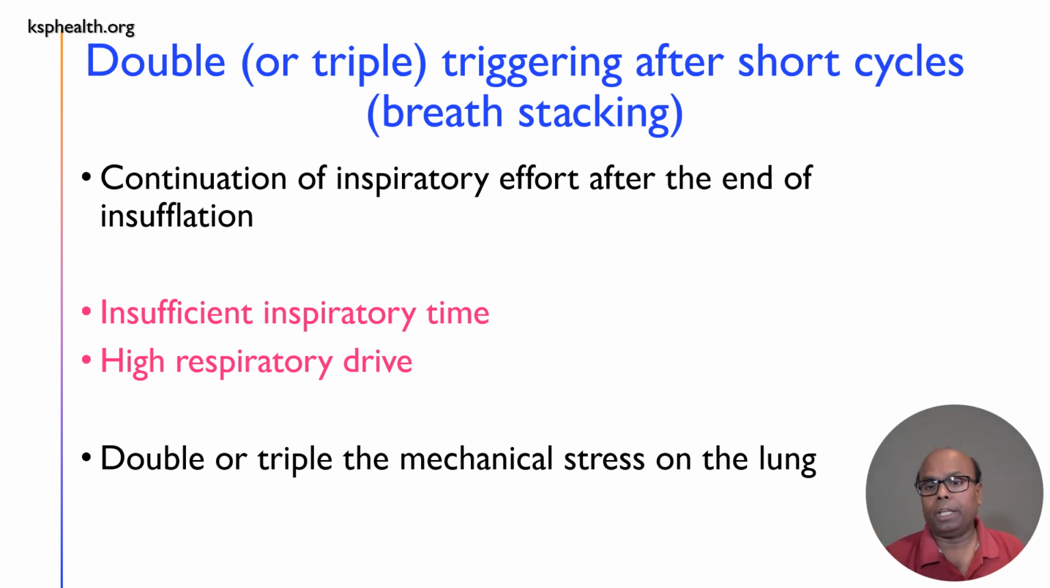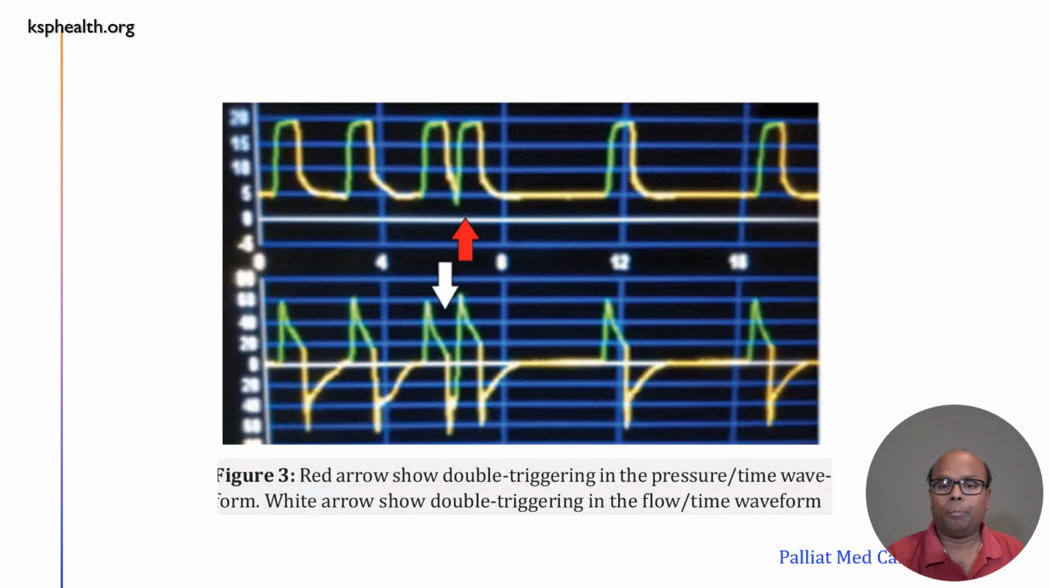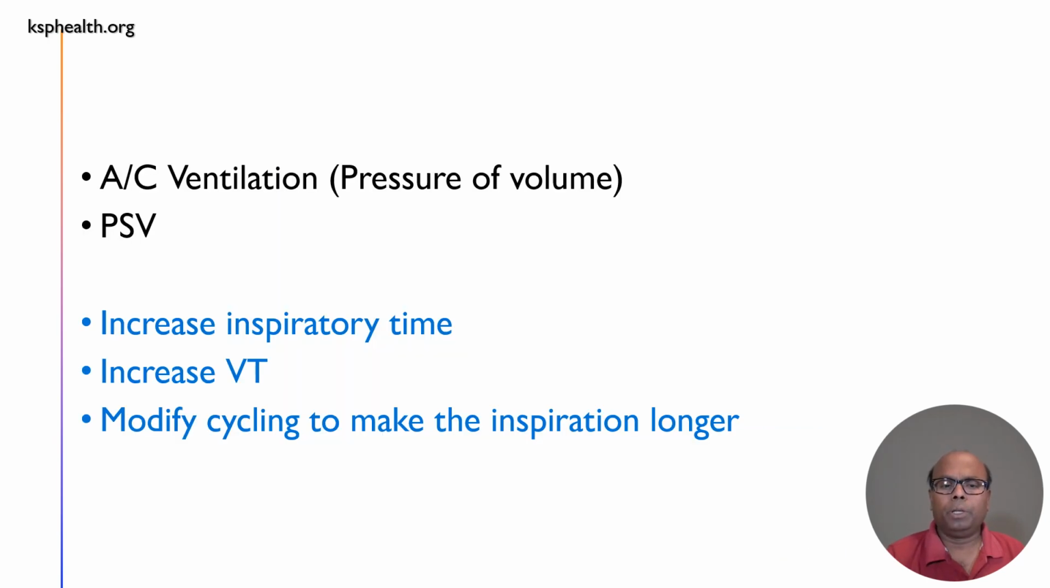Double or triple triggering after short cycles, so-called breath stacking. Continuation of inspiratory effort after the end of insufflation. It could be because of insufficient inspiratory time, short inspiratory time, or high respiratory drive. Double or triple mechanical stress on the lung. As you can see, this double triggering on the ventilator is seen in AC ventilation and pressure support. Either prolong the inspiratory time or increase the tidal volume,